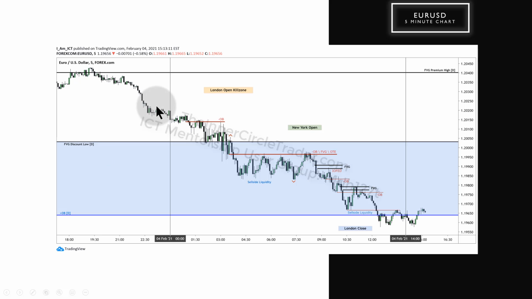Line open kill zone, just really lethargic overnight. Trading softer, had a small little optimal trade entry in here ahead of London. Then we have a little bit of displacement, but it's sloppy in here, but it ends up pumping up into the bearish order block. We see that sends the price lower. And then inside of this swing high and this swing low, which is the lowest of all these lows here,